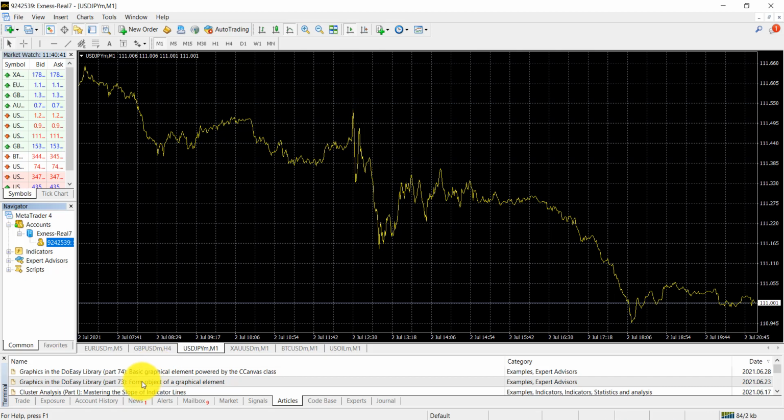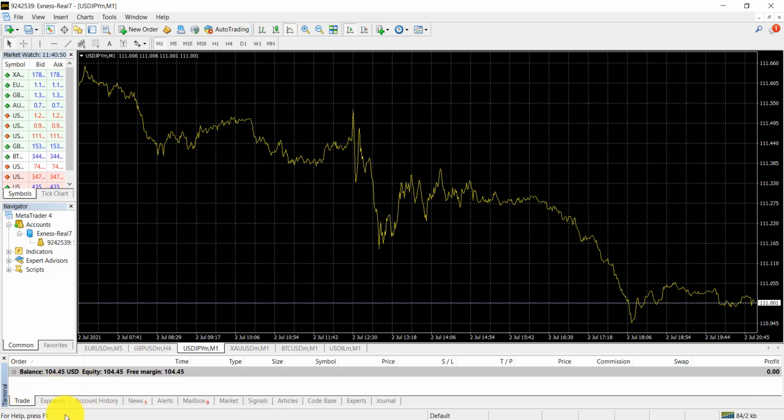Or if you need to bring it back, from here just click this option, then you can find that this option is available again. From here you can check account balance, state, account history, also lots of things are available. From here news alert, mailbox, marketing signals, articles, lots of things are available.